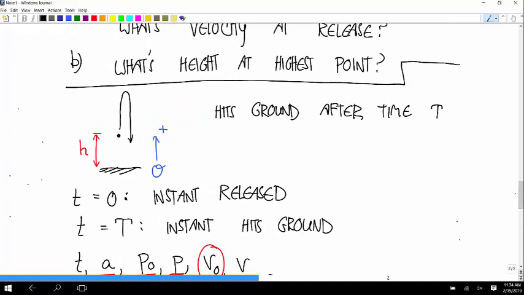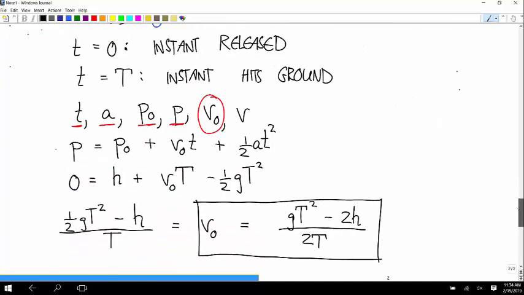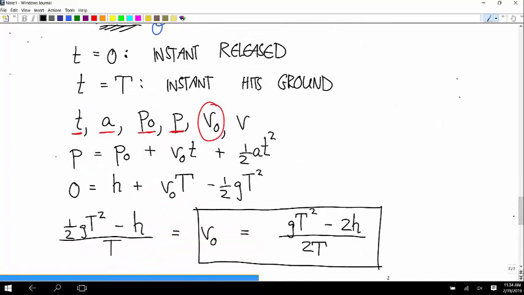So the way you always use these constant acceleration equations is you choose one instant that corresponds to the start, the 0 time, and then you choose another instant that corresponds to this T. And since this T is the instant it hits the ground, the position is the position of the ground, which is 0, because I put my 0 position on the ground. It doesn't have to be that way, but you'd end up doing more algebra to get the same thing if you didn't. Any other questions about that one?